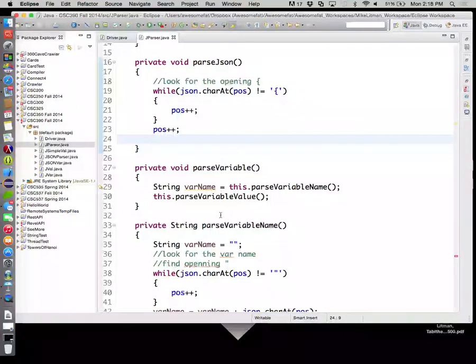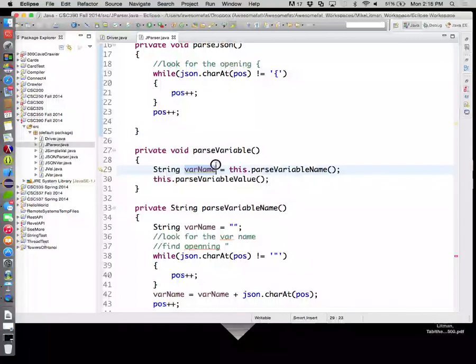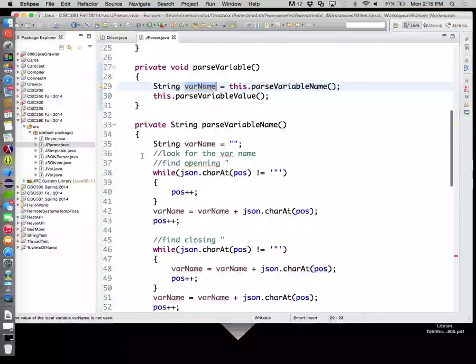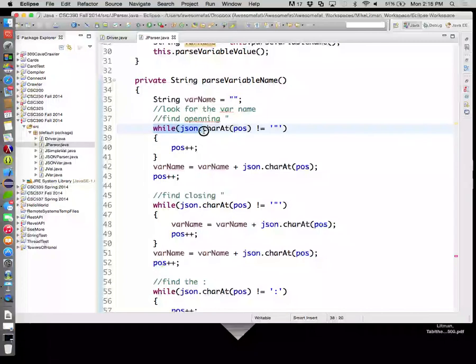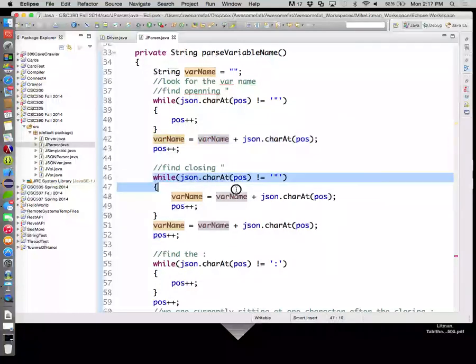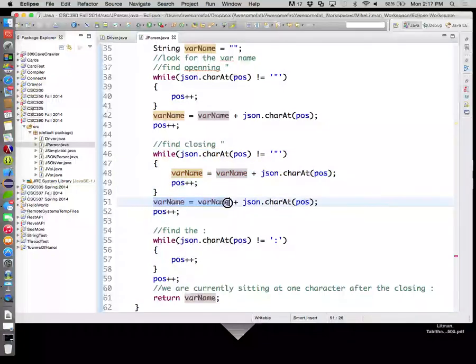So JSON is an opening curly brace followed by a collection of 0 or more variables followed by a closing curly brace. So when we call parse variable, we're going to set a variable name equal to whatever parse variable name returns. Here's parse variable name. We start off at the empty string. As long as we have not hit the opening double quote, we burn past spaces, so that gets us past white space. Then we grab the opening double quote. Then we keep concatenating on until we find the closing double quote. Then we actually grab the closing double quote,